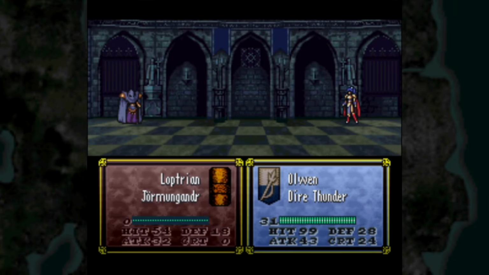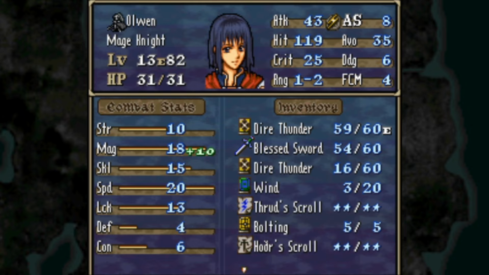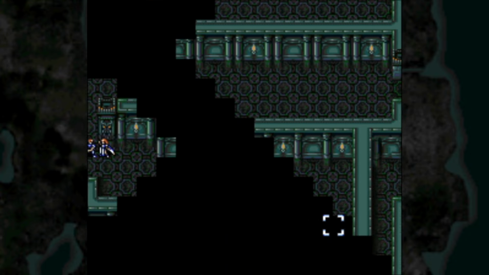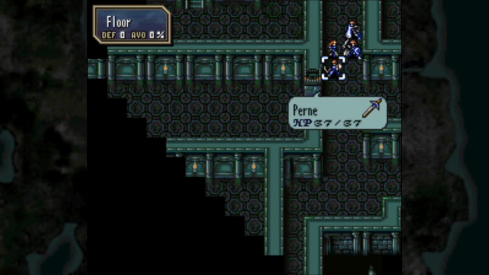Okay, that was a crit. But basically, because I am also on the altar tile, we're effectively at parity. My plus 10 magic is cancelled by their plus 10 magic, so we're reduced down to our raw magic stats. So now the question is whether I send somebody down into the execution chamber or...